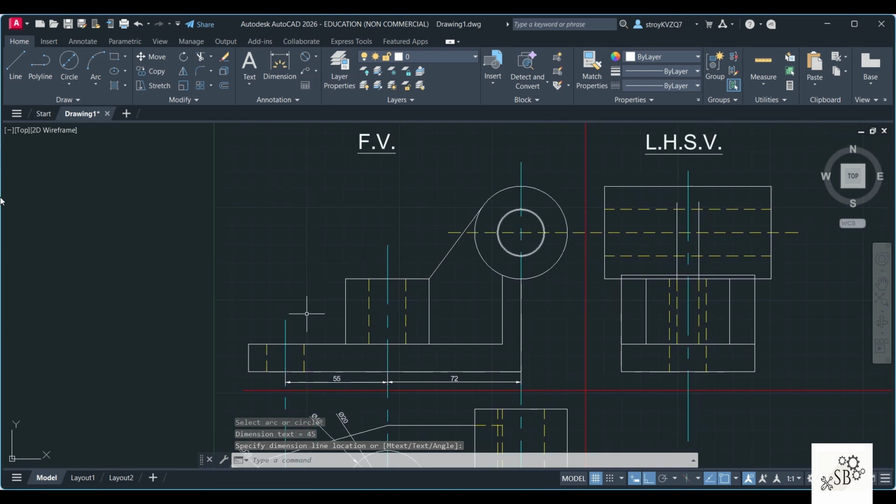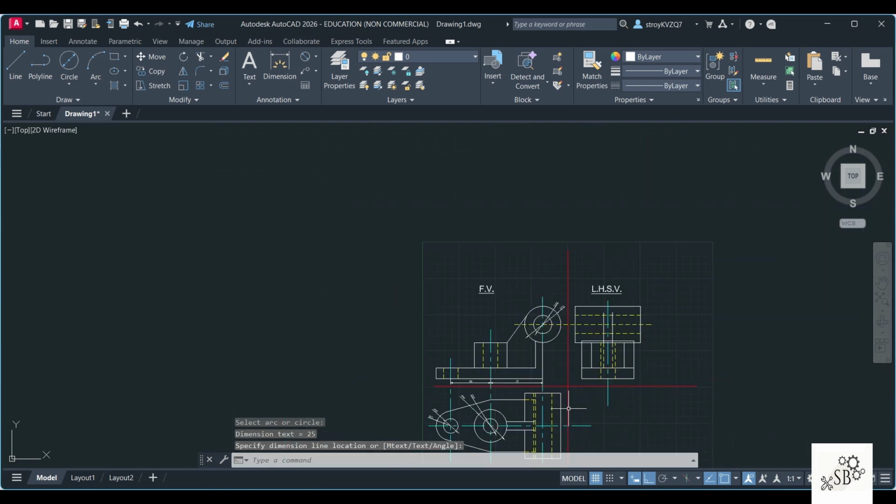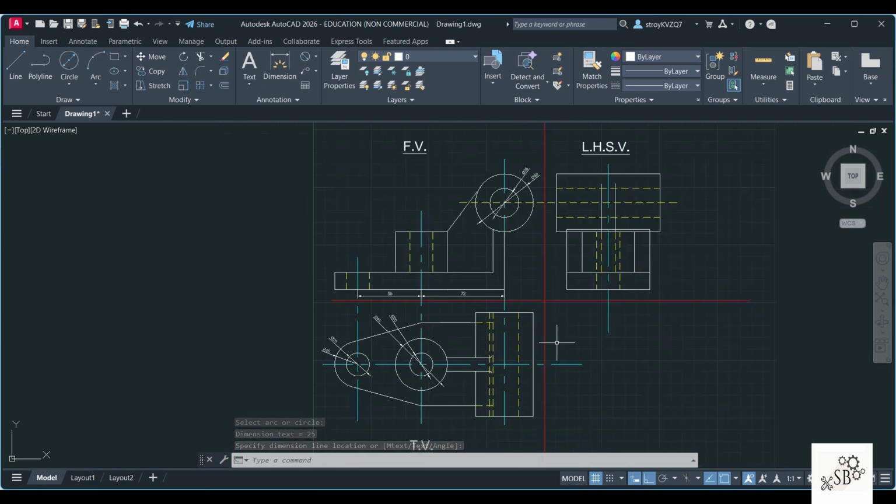Next, we will go for this circle. So this is the same option. I'll click here, project it outside, and also I'll click on this one. Again, select this, click here and project it outside. So I have marked all the circles that are possible over here. Apart from this, height is given.